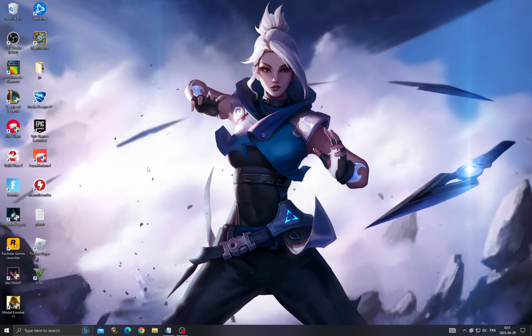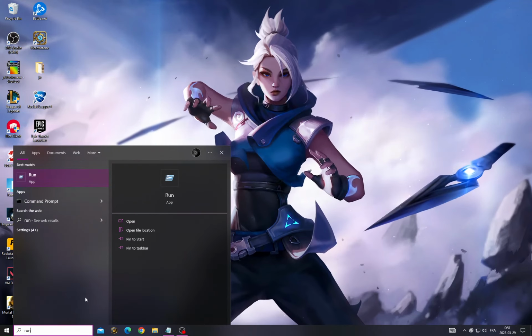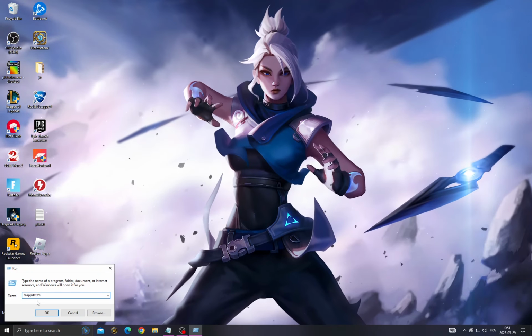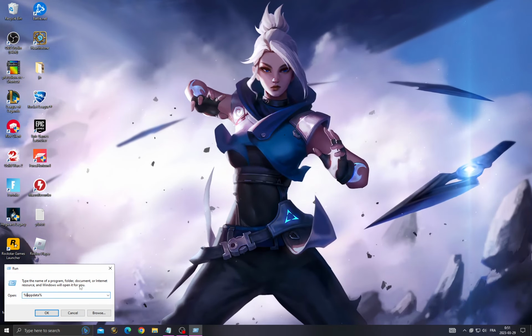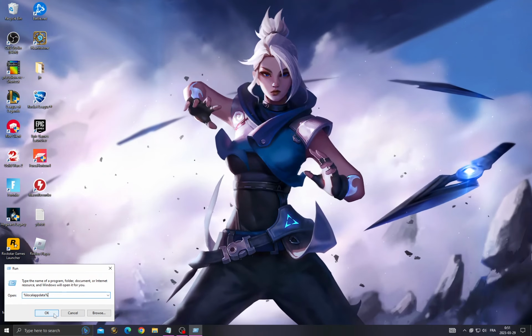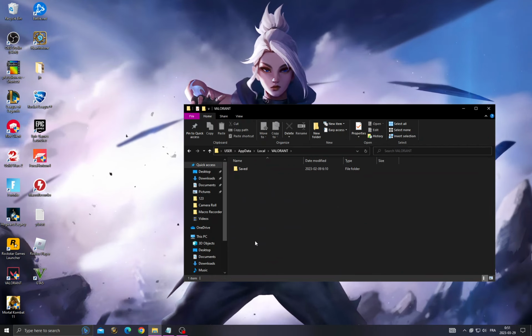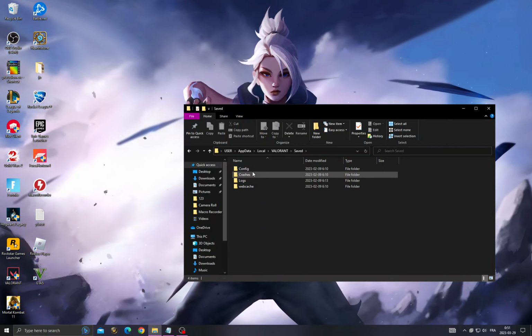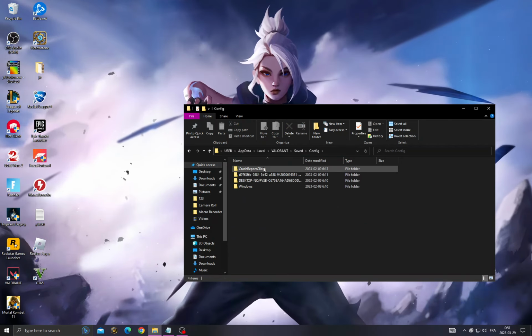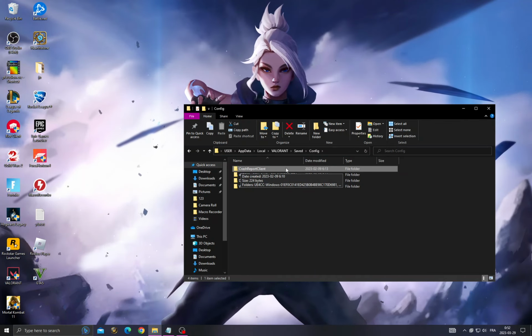After that go back and type here run, go to percent local app data percent, scroll down, you will find here Valorant, save it, config, and now once you're here delete this folder crash report